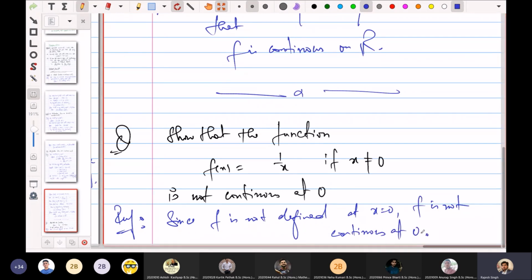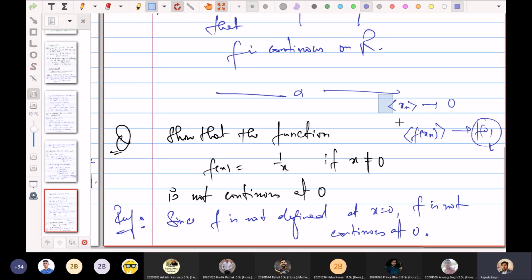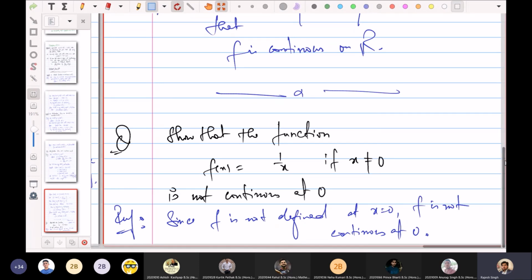Simple, ठीक है, इतना ही लिखना है। इसमें ये मत दिखाना कि sequential criteria, क्योंकि you cannot talk of this. f of 0 पे बात तो तभी करोगे ना जब ये defined होगा। सो ये defined ही नहीं है, इसलिए you will not talk of this sequential criteria कुछ भी, बस सीधे ये लिखोगे that f is not defined at 0, so f is not continuous at 0, ठीक है।